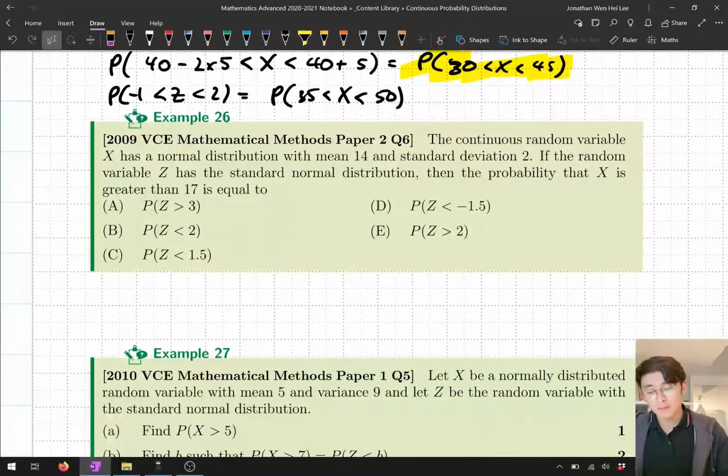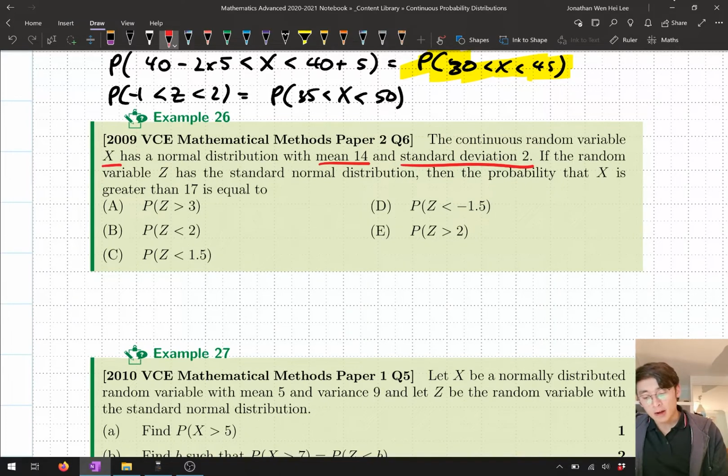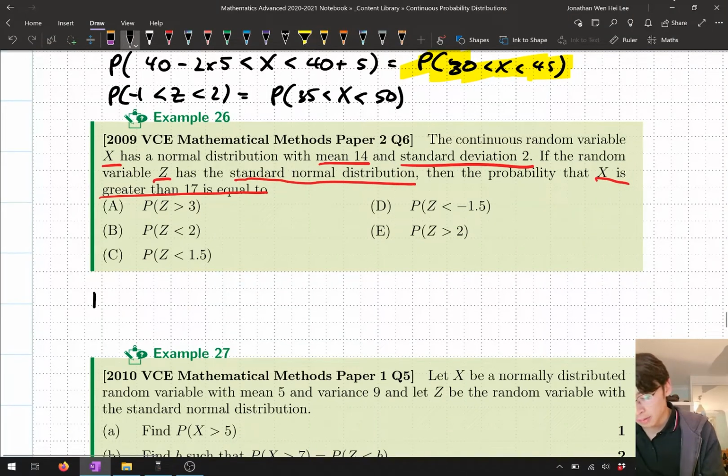Okay, let's have a look at this next one. The continuous random variable x has a normal distribution with a mean of 14. I'm going to underline this, so our random variable x and a standard deviation 2. If the random variable z has the standard normal distribution, then the probability that x is greater than 17 is equal to. Okay, here we're trying to find what is equivalent to the probability of x being greater than 17 in our